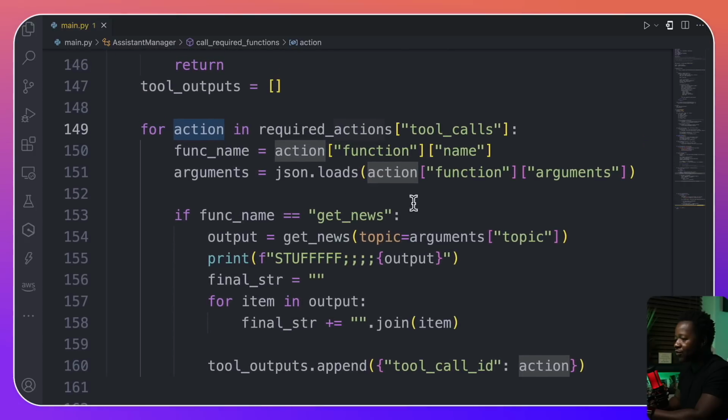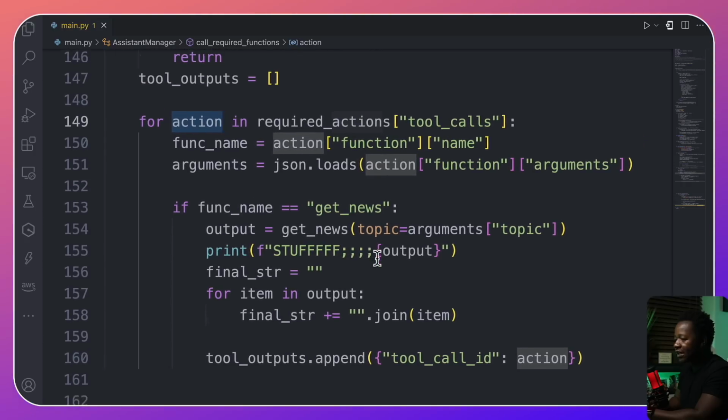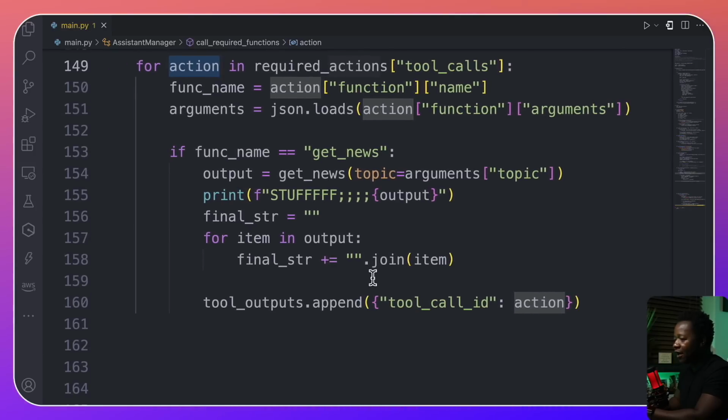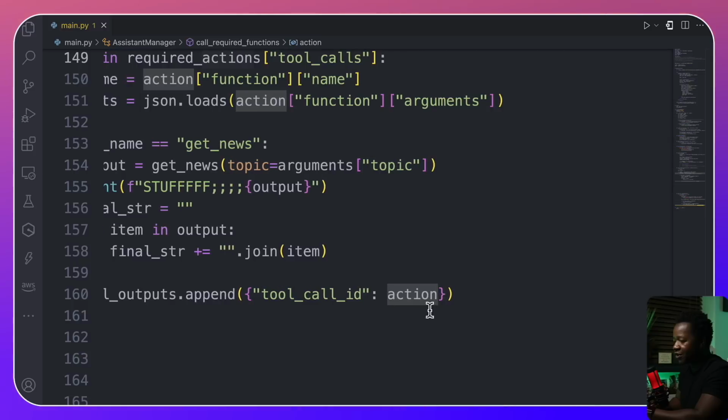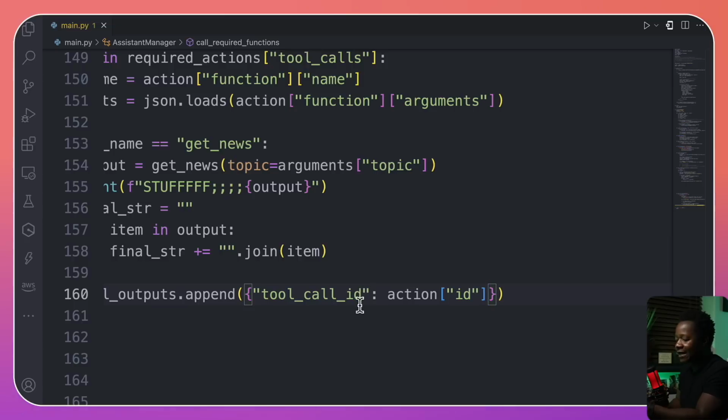So it's going to go through all the tool calls. So I'm going to get each one of the action, which is essentially the action part of the function call. And I'm going to go ahead and get the ID. So I'm getting the tool call ID. In this case, essentially it's just the function